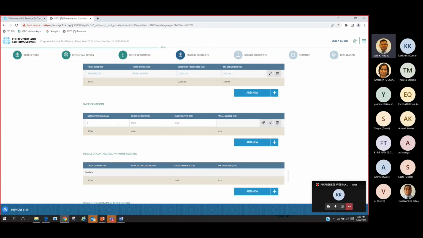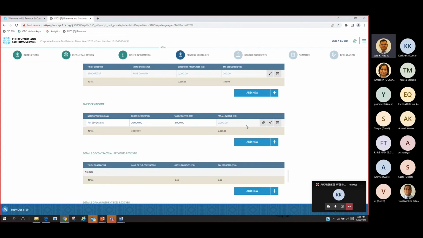Right now the Commonwealth Games is going. Let's just put some spice into this one. So let's put the caps lock. The name of the company is 57 Limited. Gross income, the overseas income. Maybe they know their gross income there is 50. No, tax deducted. Well, let's just put a figure that is easier for me. 50,000. So you get